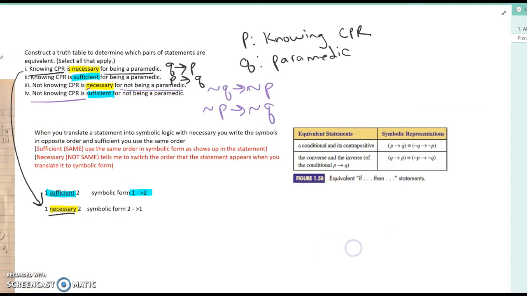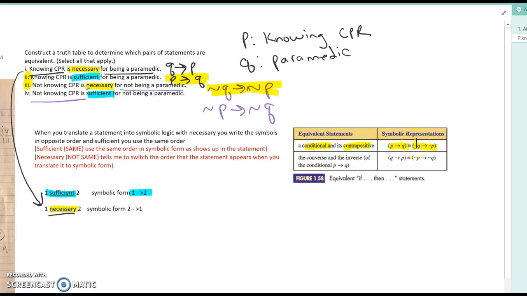So looking at equivalencies, P implies Q, not Q implies not P. So, oops, P implies Q, not Q implies not P. So actually 1 and 2 are equivalent because they are the conditional and the contrapositive, and